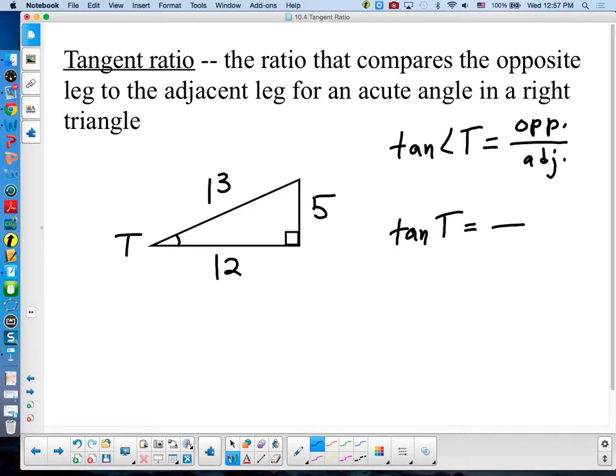Show me. From angle T, I want the opposite leg on the top, adjacent leg on the bottom. Would be the fraction